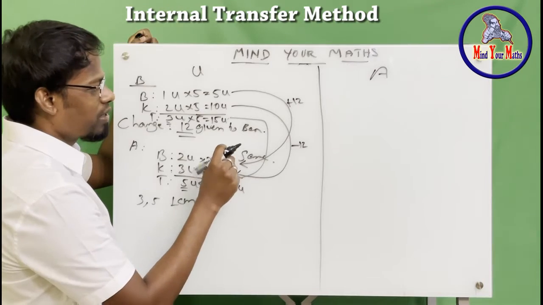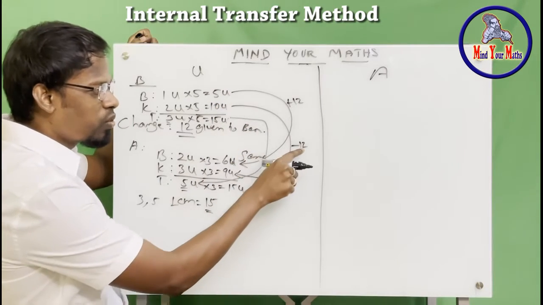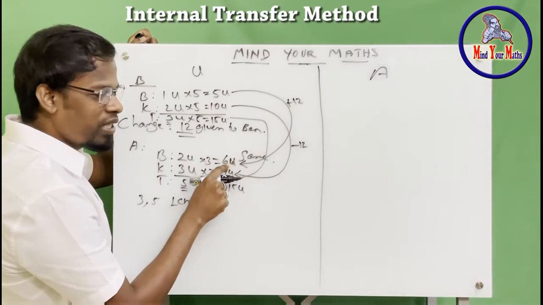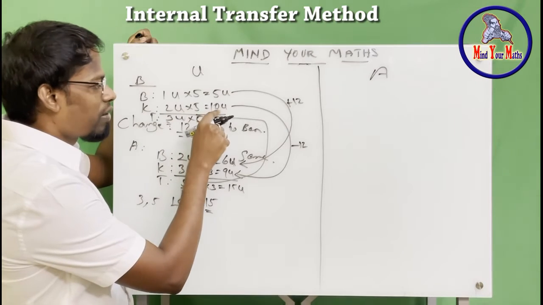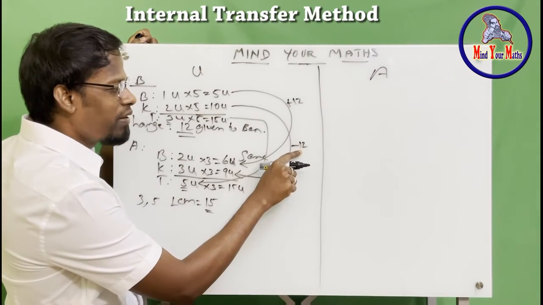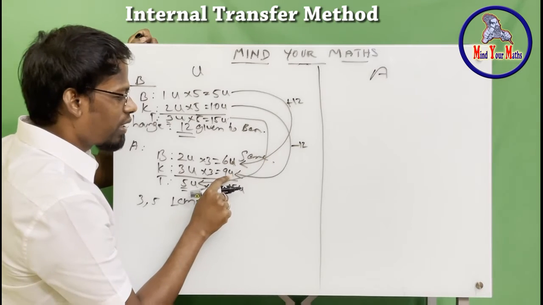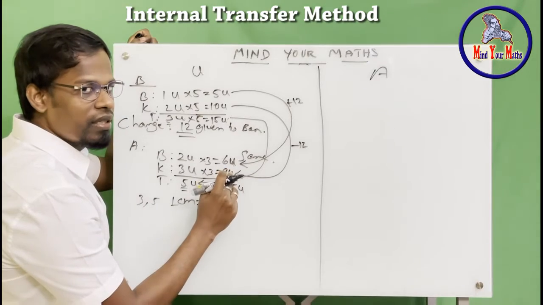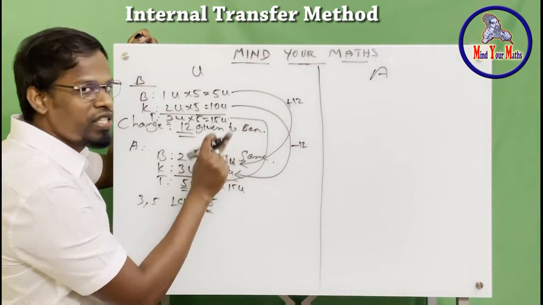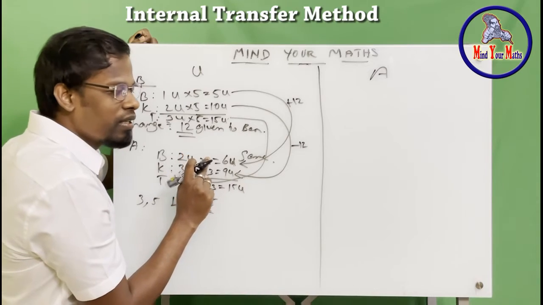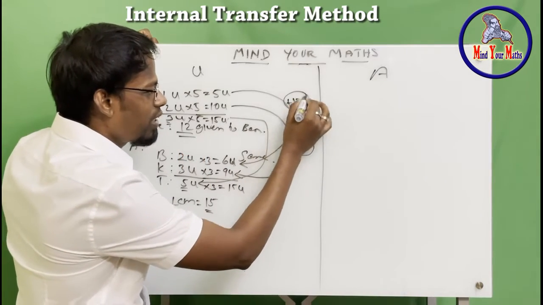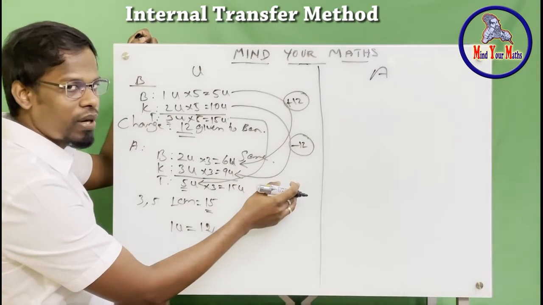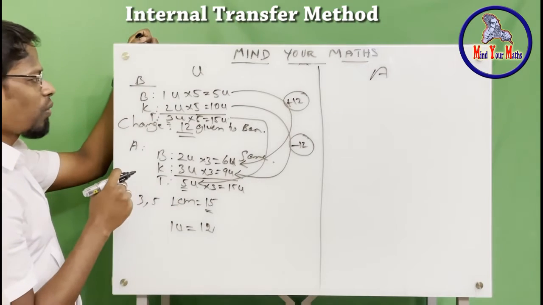So the difference between these two is only 12, right? Ben had 5 units, he received 12, he became 6 units. Kumar, 10 units, gave away the 12, which is subtracting, and then he became 9. So the difference between these two is only 1 unit. 1 unit is exchanged between them. And what is that 1 unit? It is 12, exactly. So 1 unit is equal to 12. We found it.